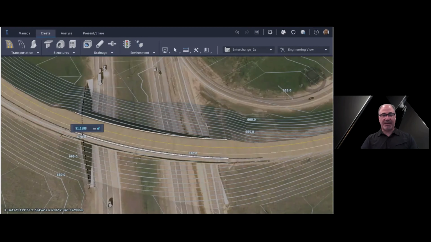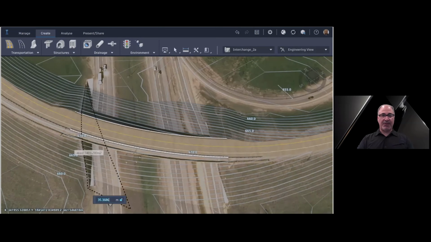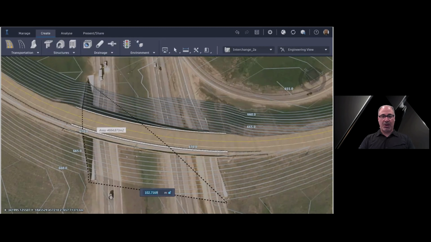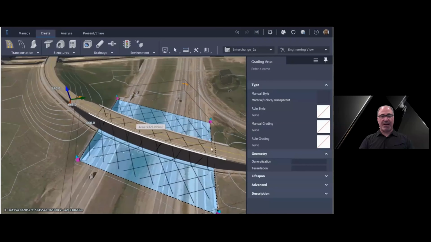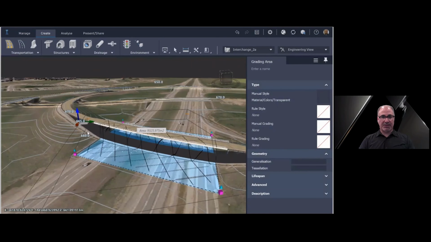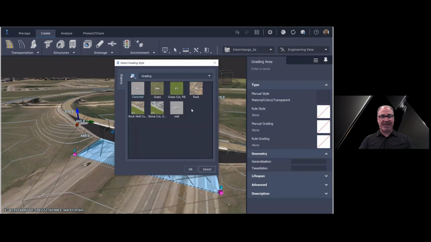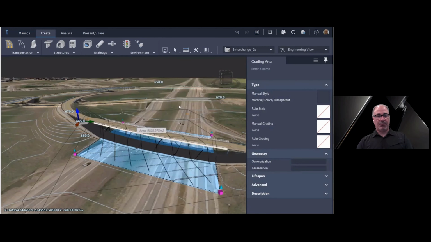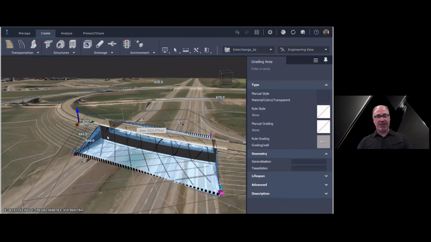So this is called the grading area tool. So the grading area is already being modeled here. So it's parametric or it's vertex based. And once it's there, I chose a transparent texture to it, and then we can modify any of the corners or the whole geometry. It will modify the terrain model for us. In this case, I'm going to specify that I want the slopes to be vertical because we have the retaining wall at the abutments. And we can go ahead and further adjust all the geometry.